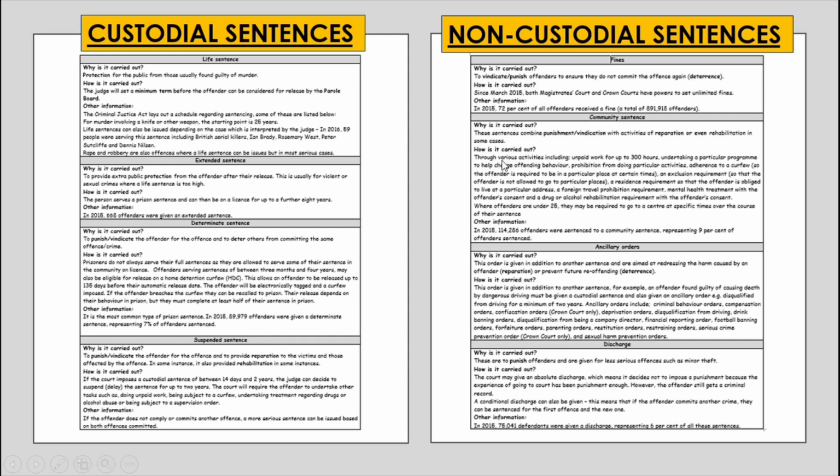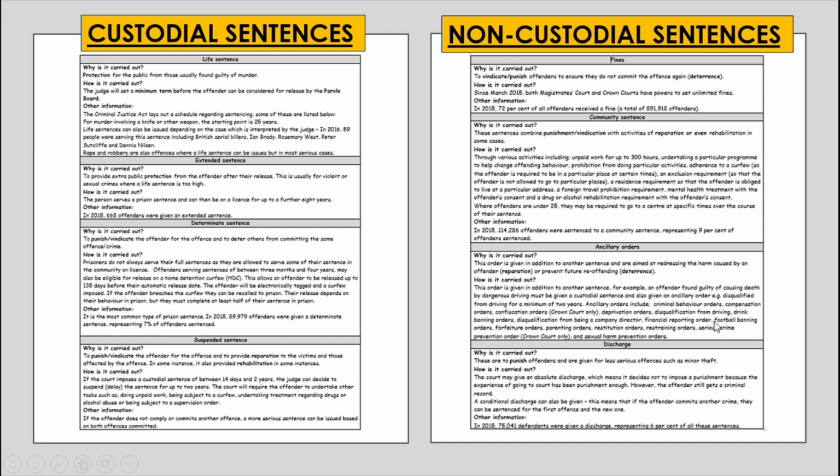It is carried out through various activities including unpaid work for up to 300 hours, undertaking a particular program to help change offending behaviour, prohibition from doing particular activities, adherence to a curfew, so the offender is required to be in a particular place at certain times, an exclusion requirement so that the offender is not allowed to go to